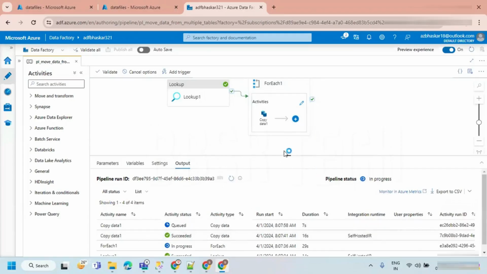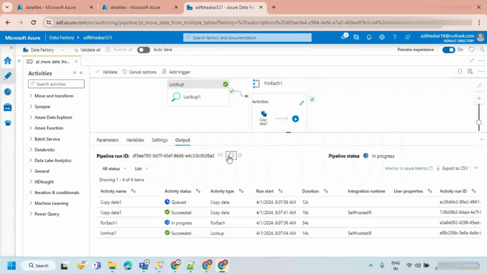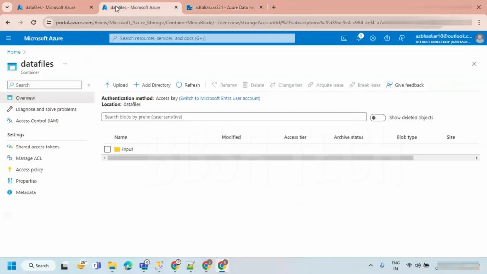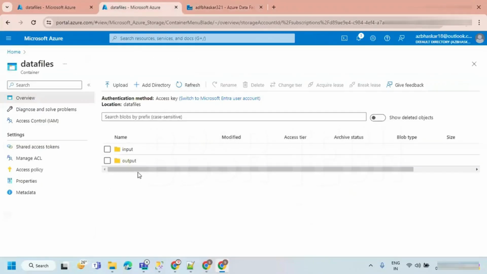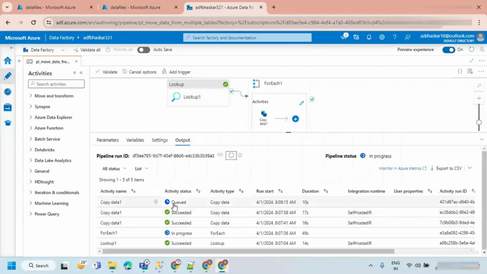Okay, it has started. One copy data is already completed, the second is in progress. If you go and see the target output folder, inside the output folder, I have customer.csv, department.csv. So two times is completed and the third time is going on.